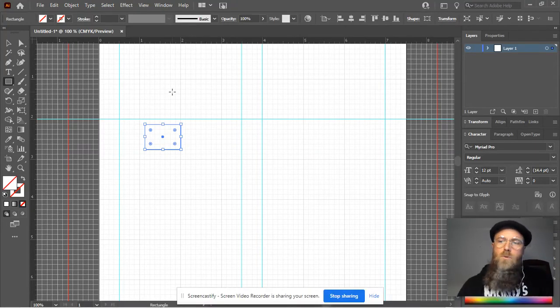Let's talk about the shape tool and the select and direct select tools. Unlike Photoshop, Illustrator has two types of selection tools. They're right here. This is the selection tool. This is the direct selection tool. It's important to realize that they both have their usefulness. The selection tool is probably more like the version in Photoshop, where you can select the object